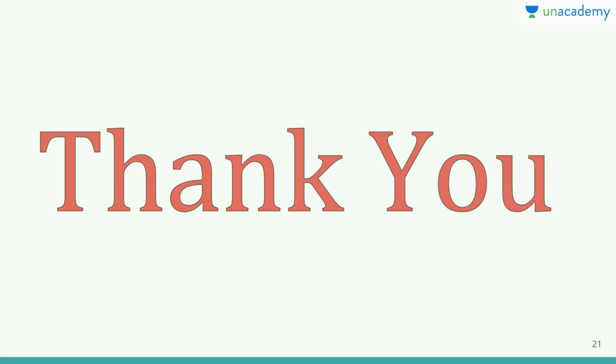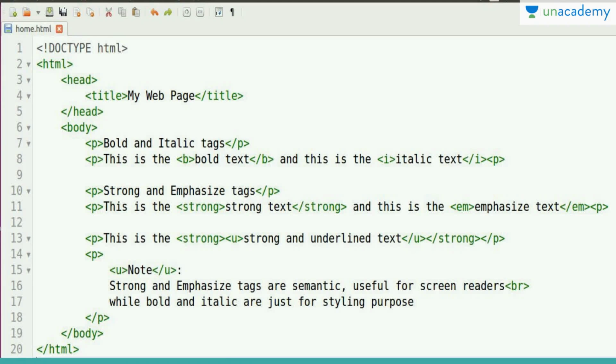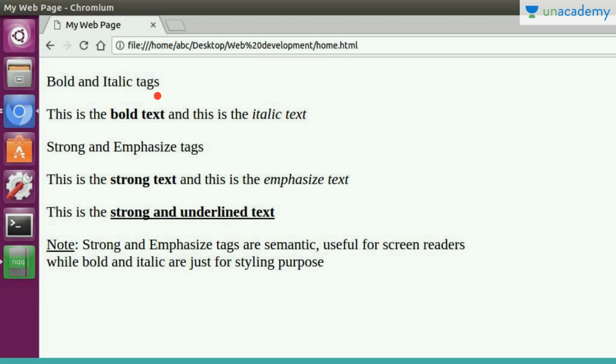So this was all our HTML basic tags. Apart from this, we have many other tags which we will continue in another lesson. But one more thing to mention is that the bold and strong tags give a font weight of 700, and the font weight varies from 100 to 900. Whenever you do not give any tag, the simple content has a font weight of 400, and when you give it bold or strong, it is 700, and the maximum is 900, with 100 being the smallest.